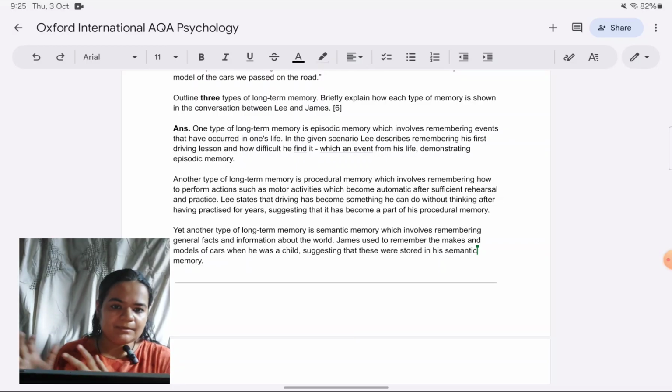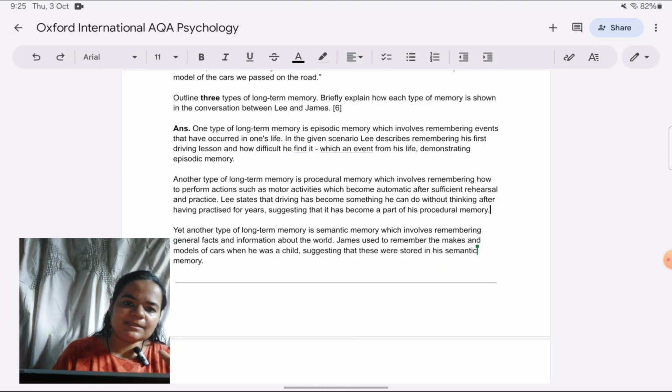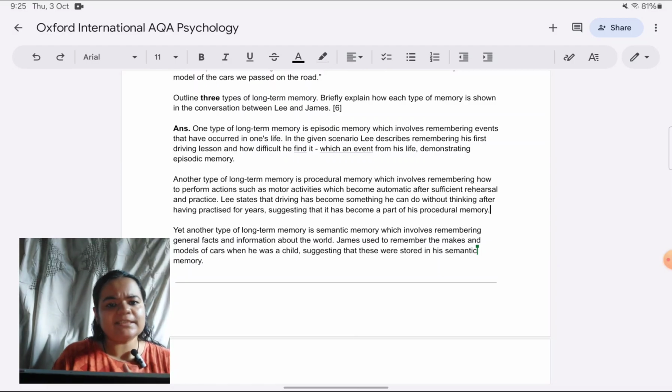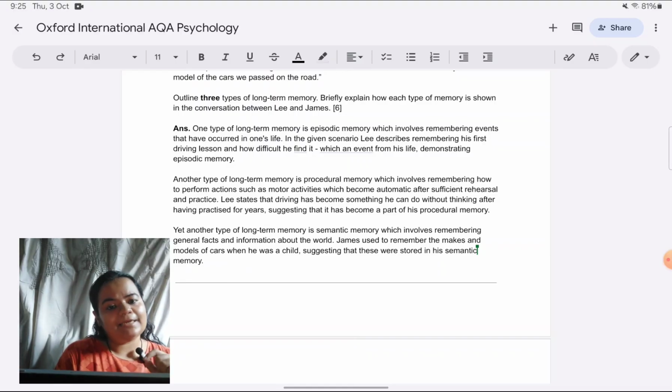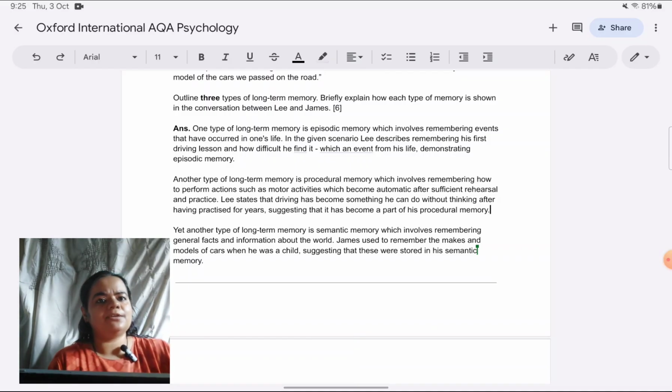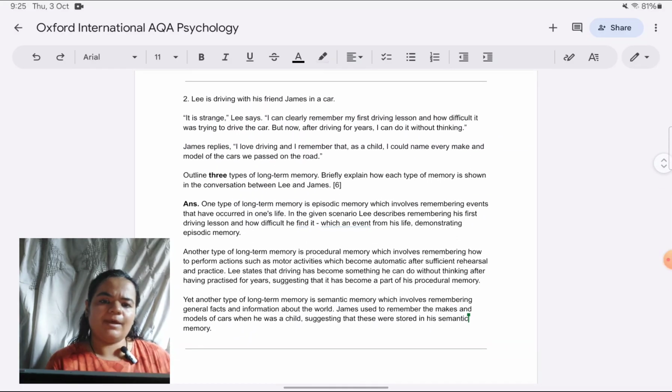in future, like today in June 23 paper, this question has come for 6 marks, long term memory. Tomorrow this could be the one which comes for 20 marks in your paper, or if you're a UK AQA student, it could come for 12 or 16 marks in your paper. In that case, having the habit of writing in good terminology will help you when the same topic comes for an essay. That time you will be able to address it very well as per the requirements of the 20 or 16 marker. That's why I insist that all answers try to write in a way that they meet good requirements which are given in the syllabus.